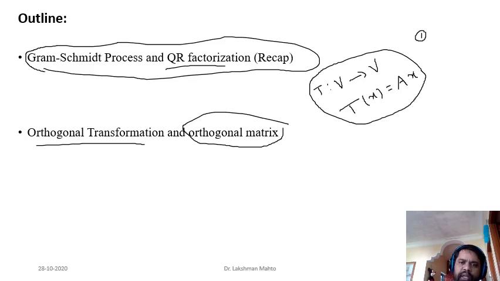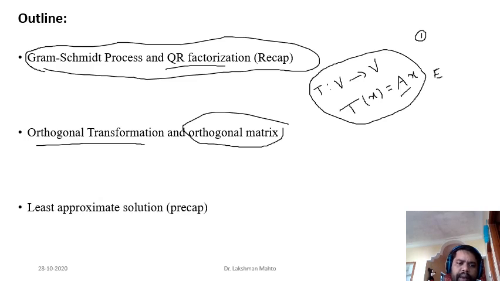What I had already told is that if I am finding the matrix of a transformation, then your next question would be: matrix with respect to which basis? That question must be here. But by default, if no basis is mentioned, then we take the standard basis E. Here in this discussion, I haven't mentioned a basis, so by default you can consider the standard basis E. If some basis is mentioned, then definitely you will not get this matrix A, you will get another matrix. That matrix would be similar to this matrix. That similarity of matrices I had already discussed.